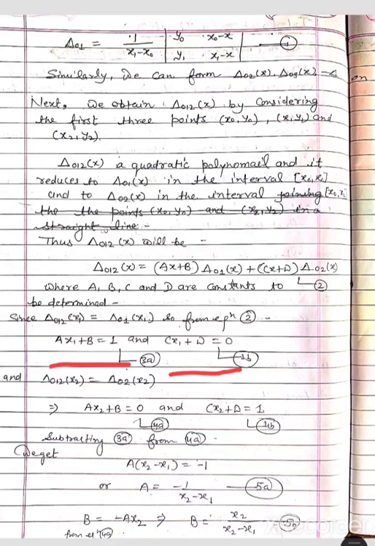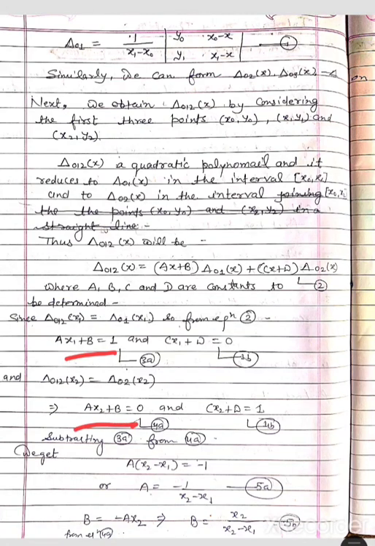And similarly, we put another condition into equation 2. We obtain delta 0 1 2 x2 equals delta 0 2 x2, which gives the conditions 4a and 4b. So we obtain 4 relations among a, b, c, d for the 4 unknown values capital A, capital B, capital C and capital D. Now solving all these equations, first we solve equation 3a and 4a